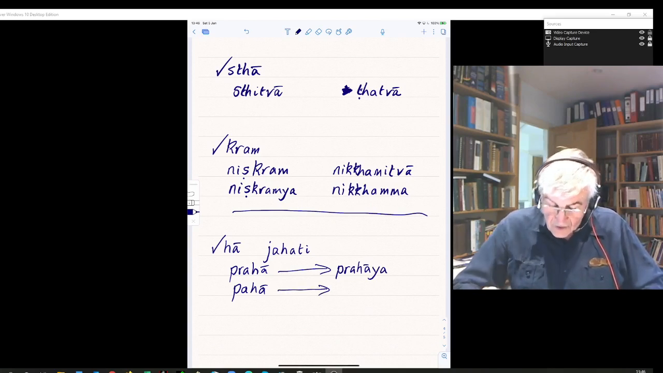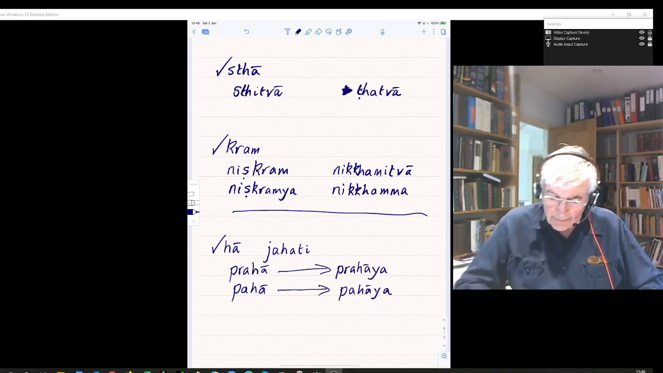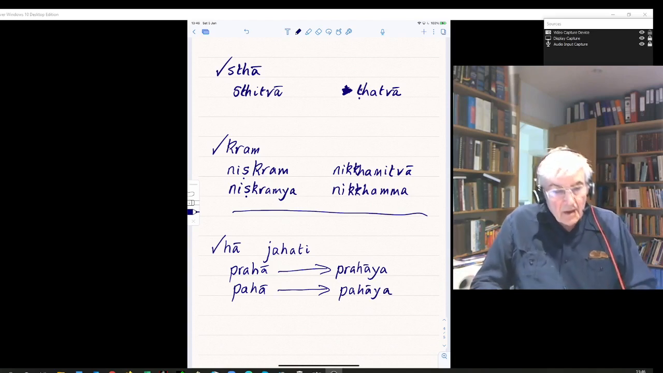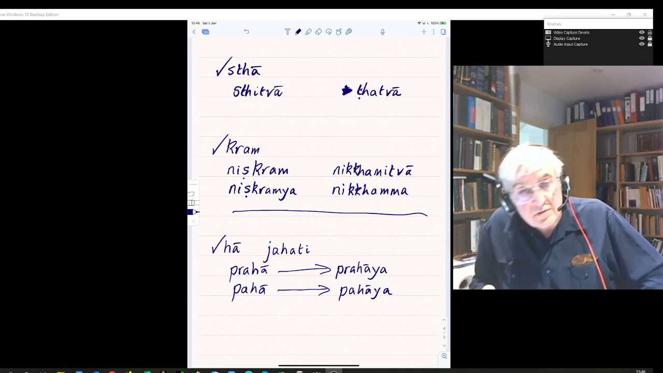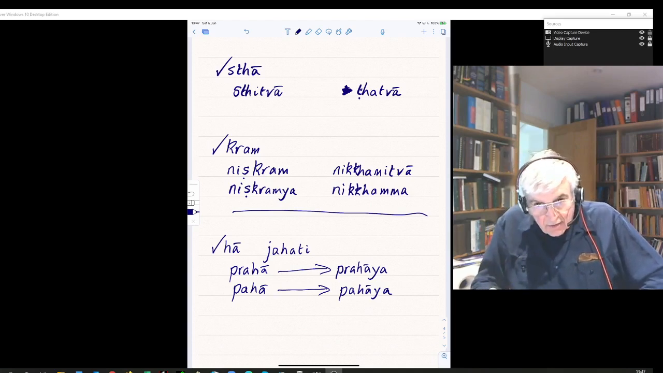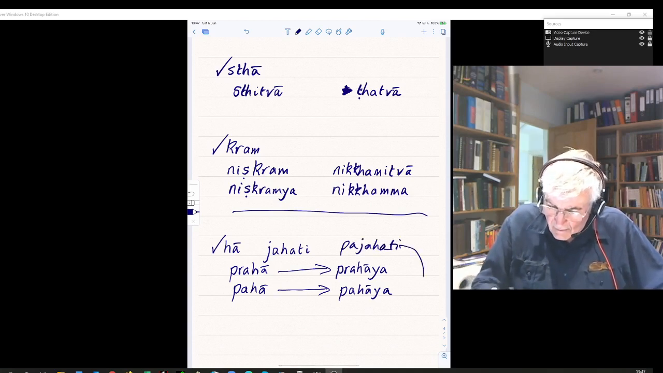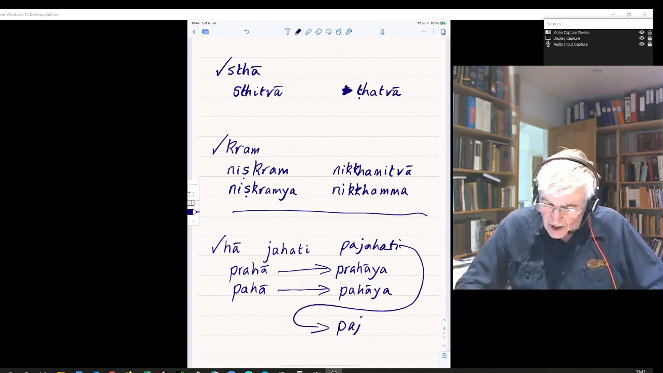Pali has two permissible forms. One of them exactly mirrors the Sanskrit, the pra of Sanskrit becoming pa of Pali in the normal way, so pahaya. But Pali is also allowed to form its absolutive with a twa on the present stem. So instead of pahaya, which is allowed, they can take the present stem, the present verb, pajahati, and then form the absolutive from that. Pajahitva,